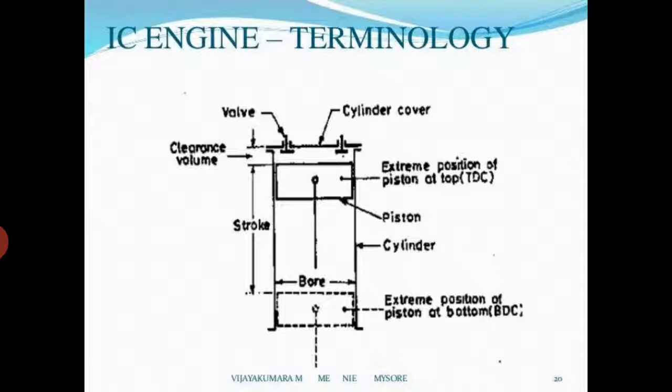Now in this slide you can see the various positions of the engine. If the position of the piston is at the extreme top in the engine cylinder, then that position is called top dead center, briefly written as TDC. You can also see TDC in this slide. TDC is the extreme top position of the piston in the engine cylinder. Now the extreme bottom position of the piston in the engine cylinder is called BDC,